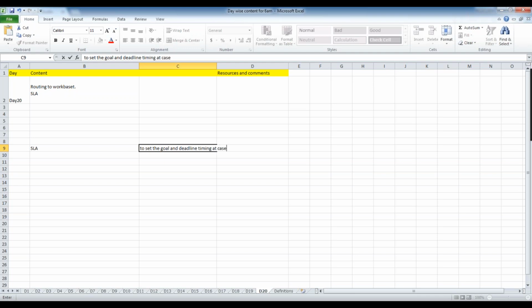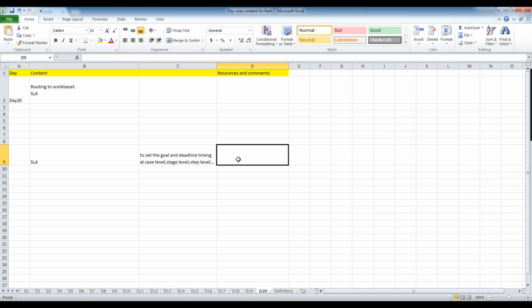You can do it at case level, at stage level, or at step level, but most of the time we'll do it at case level only. For the entire case only we'll keep some time bounds. I mean, we don't keep them for specific tasks. So for the entire case I am giving 7 days time. For some tasks we may take more time, for some tasks less time, but overall I want to complete the entire case in 7 days for the credit card application.